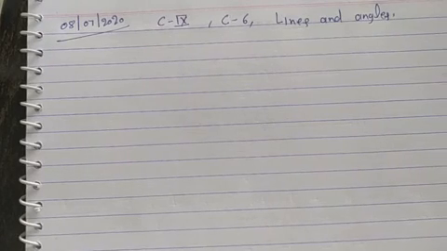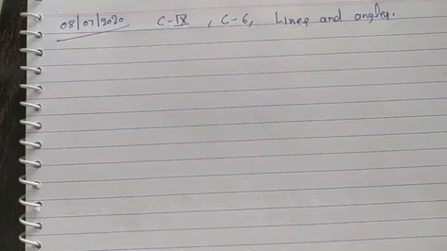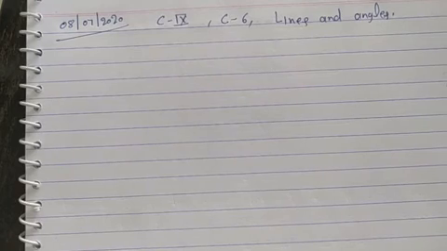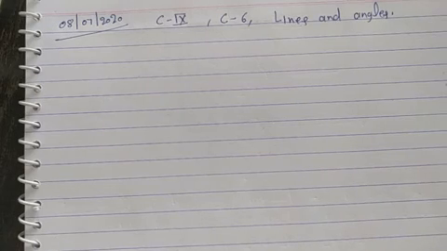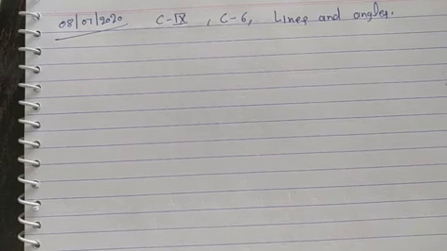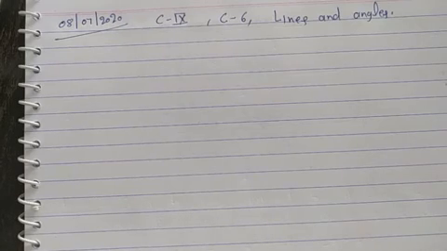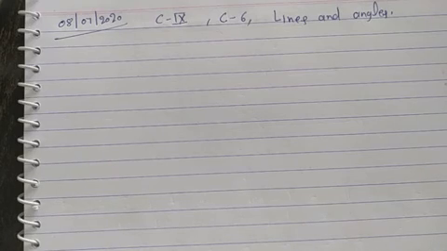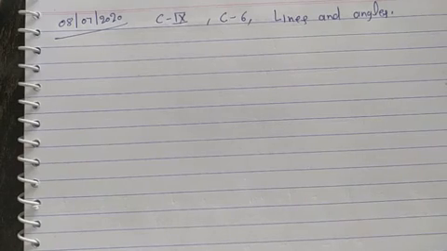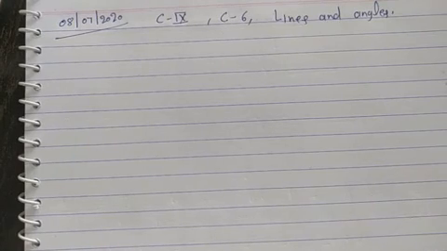Alternate angles. In alternate angles there are two varieties: alternate interior and alternate exterior. Both are equal. Alternate interiors are equal as well as alternate exteriors are also equal. And next is what? Co-interior angles. Co-interior angles means angles on the same side in the interior, and co-exterior angles are angles on the same side in the exterior. The sum of the co-interior and co-exterior angles is 180 degrees, which means those angles are supplementary angles.